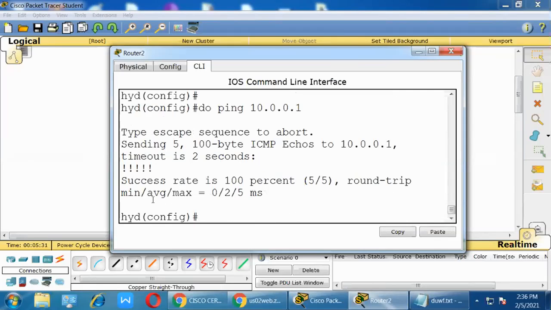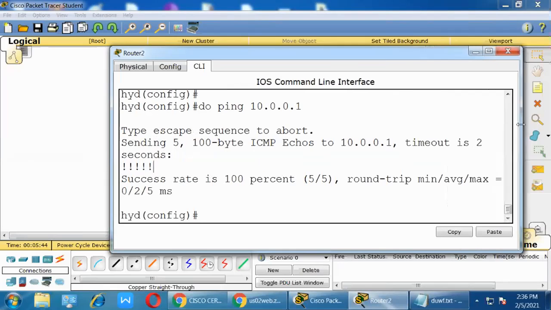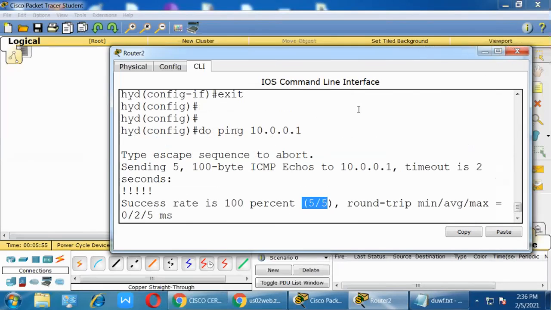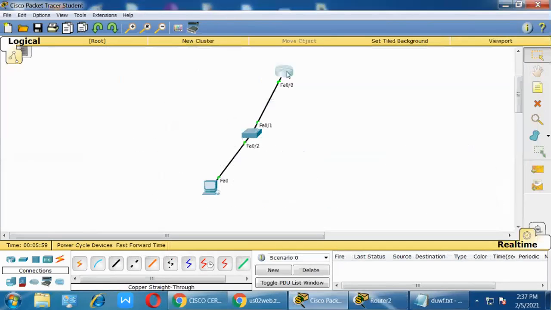The exclamation marks mean my connectivity is okay, so I get a reply from my system. If only dots come, my connectivity is not established with the system. Here it is 100% success, sending and receiving. From the router you can use the same ping command, so from both sides I can ping.